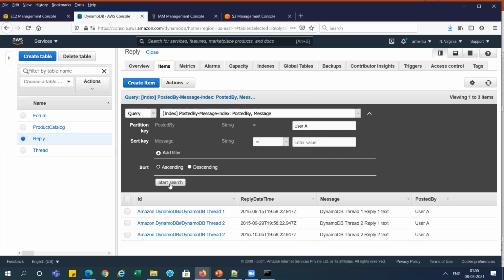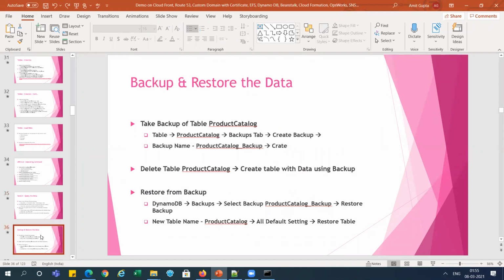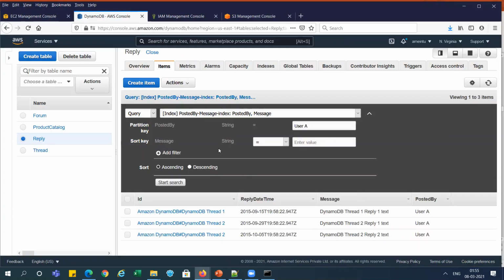I'm searching it. You can see these three records showing which are posted by user A, because you've created this index combination for that, right? So this is a search thing. You can search a query like that.